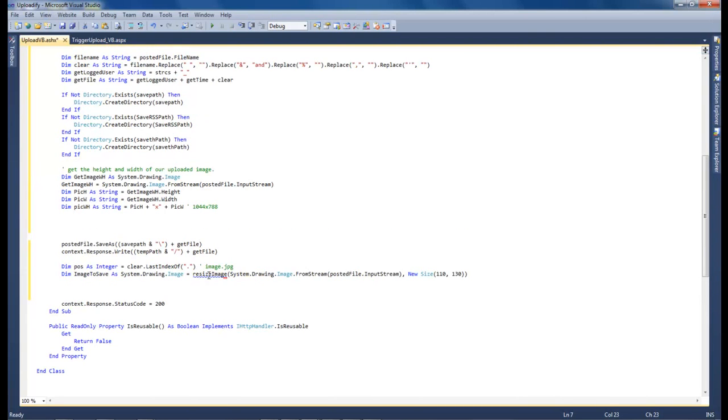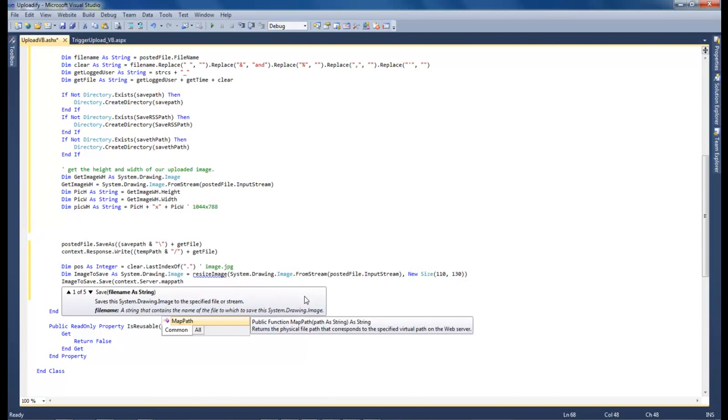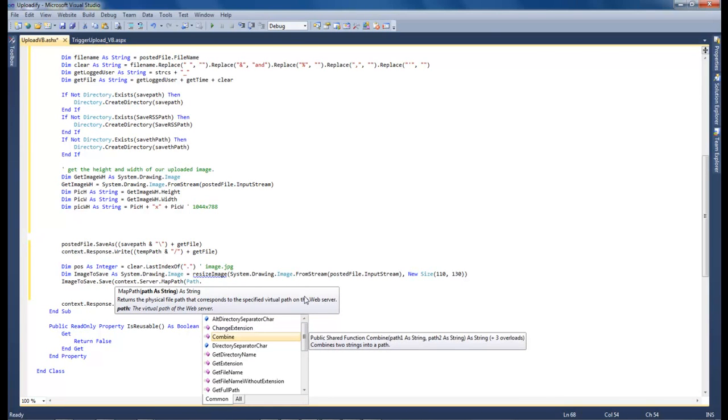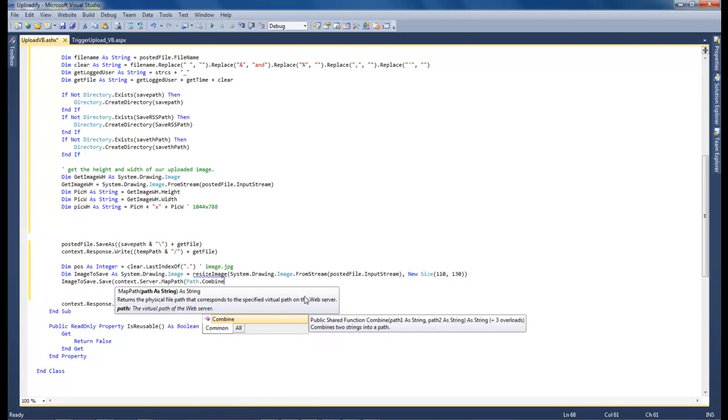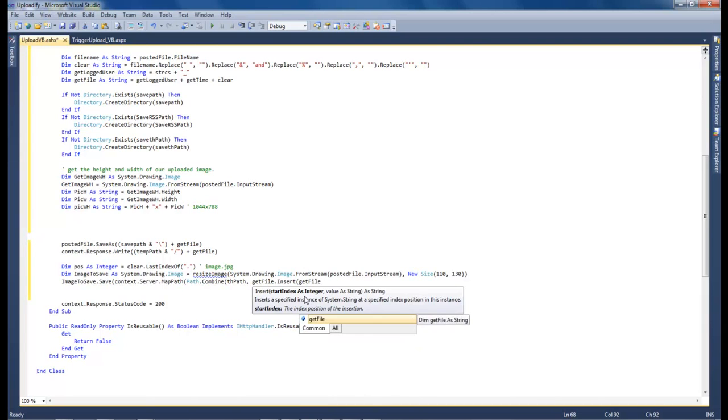Okay, next. Okay, we got this right here, but we're not going to worry about it right now, as this line right here is going to be added in below. So now let's start on the next line. It's image to save dot save, do context dot server dot map path dot combine th path comma get file dot insert get file dot last of index